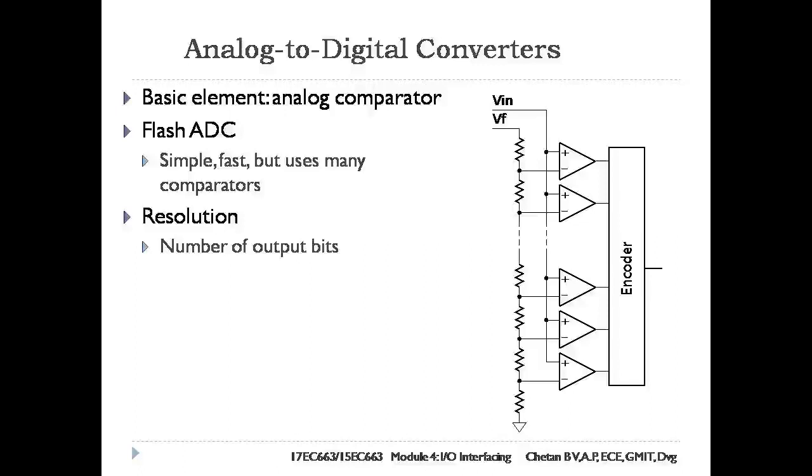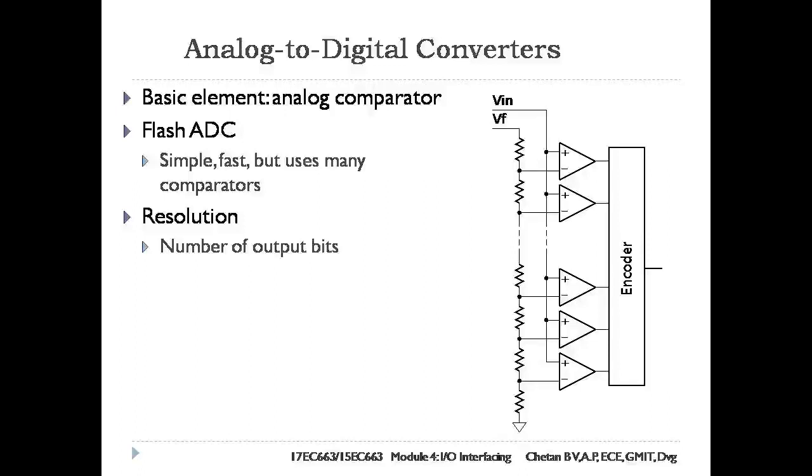A proportion K of the comparators have their reference voltage above Vin and so output 1, and the remaining comparators have their reference voltage lower than Vin and so output 0. The comparator outputs drive the encoder circuit that generates the fixed point binary code for K. The advantage of flash ADC is fast conversion. Flash ADC is suitable for converting high bandwidth signals such as those from high definition video cameras, radio receivers, radars, etc.